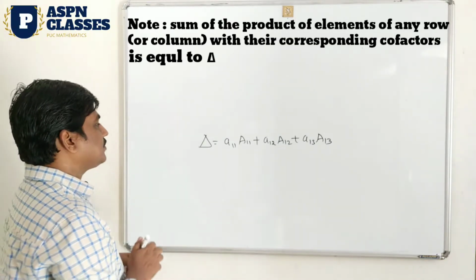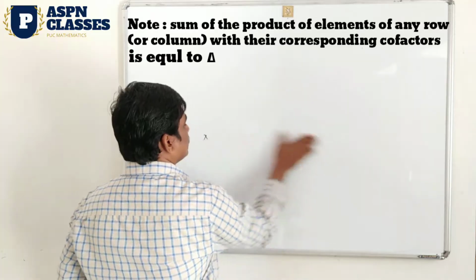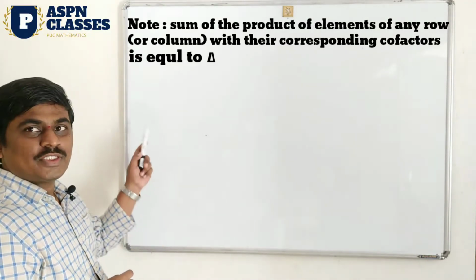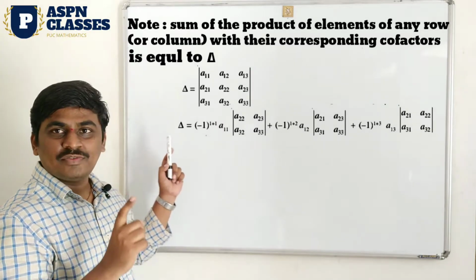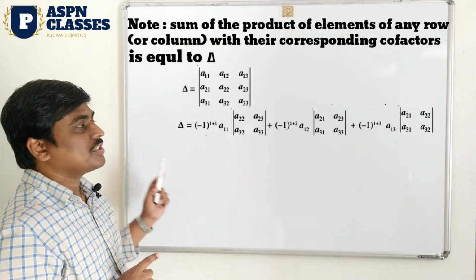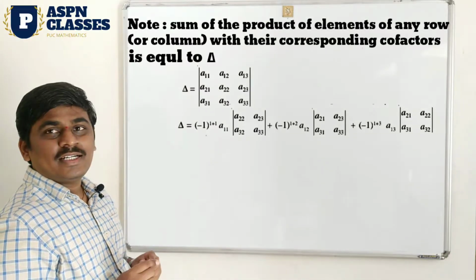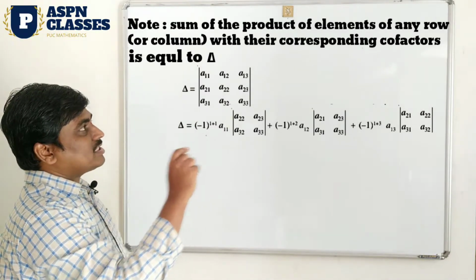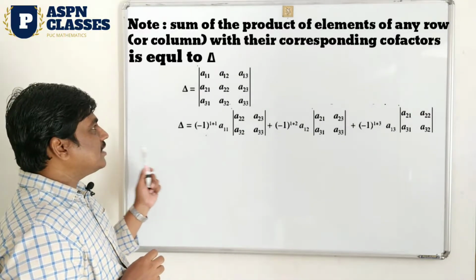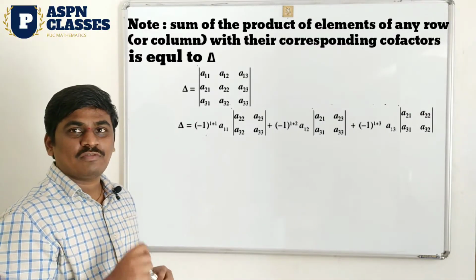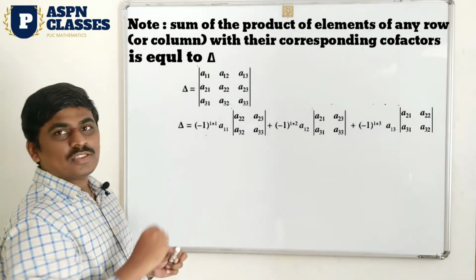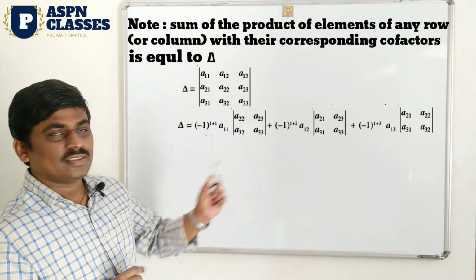Okay, observe it here. I am going to take one result here. This result, the expansion, I already showed you in the first video. Generally, delta is equal to A11, A12, A13. Then you may also take the expansion along R1. Then you get this result by using the original formula, without directly applying the sign, you have to apply minus 1 raised to 1 plus 1, then the determinant.